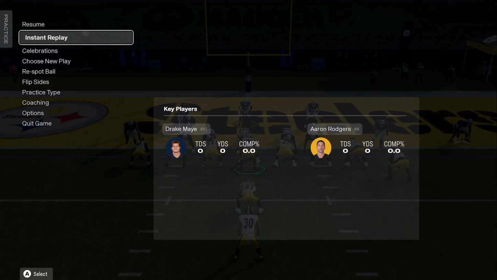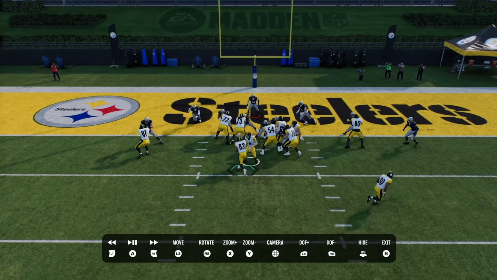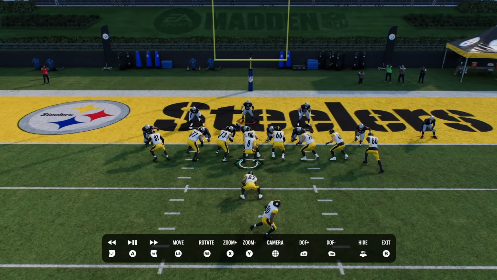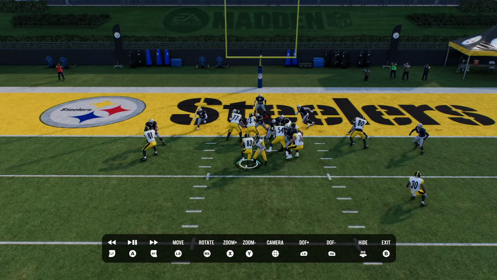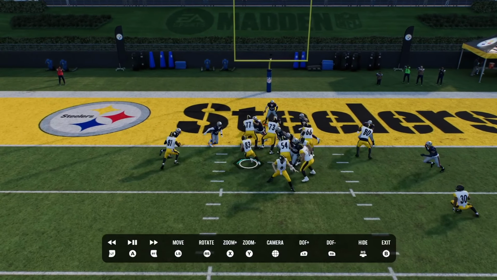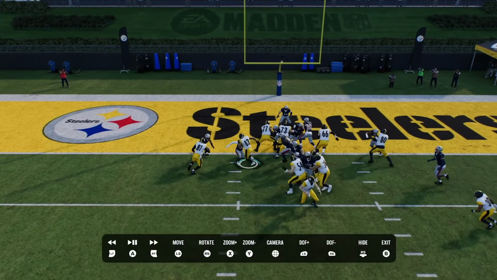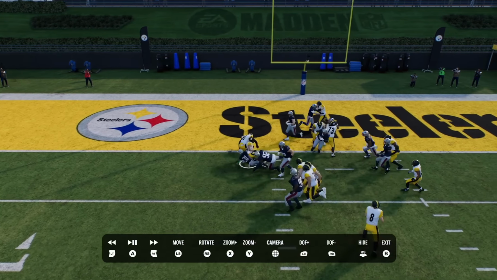When you don't get that situation where I showed you, where you just get everybody bursting through the A gap, which happens quite often, the fullback gets it, and we're still gapped out. This is great run defense because the safety is now coming down. He's filling this open gap, and he is stuffing the fullback. The problem here